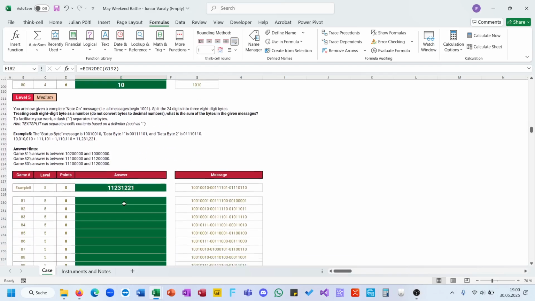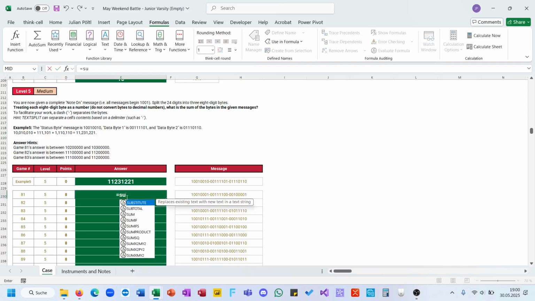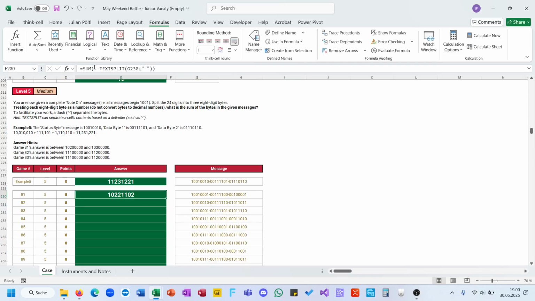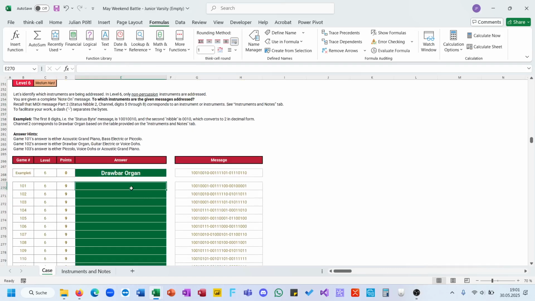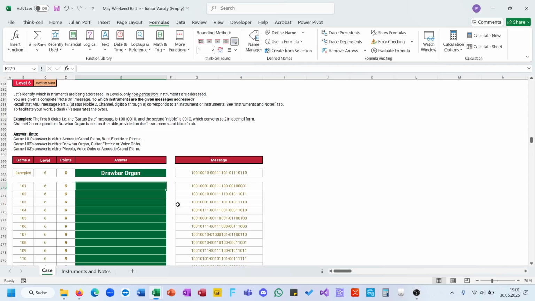Okay. Treating each. Okay. Okay. So it's some text split. This, and I think it should work. No, minus minus to make it a number. Okay, yeah. Now, which is